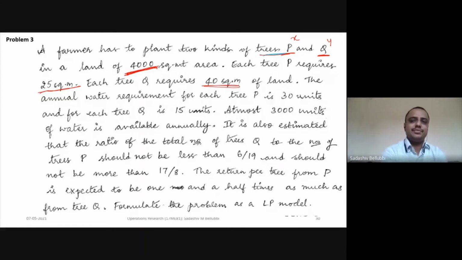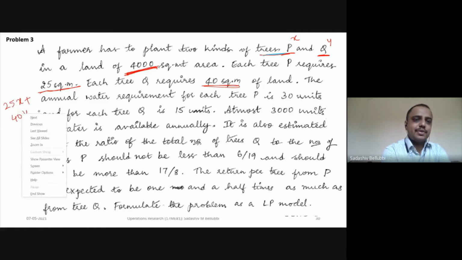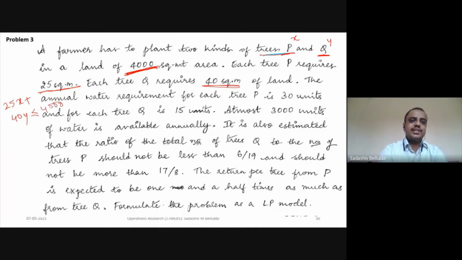So it means that the first constraint is 25x plus 40y should be lesser than or equal to 4,000. This is regarding the